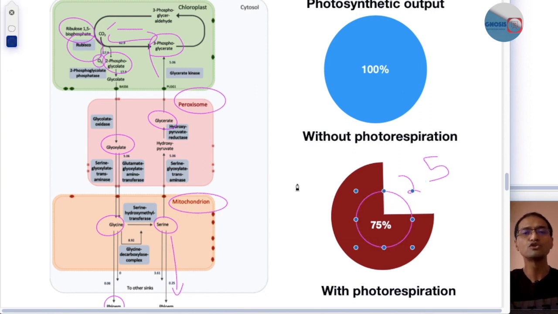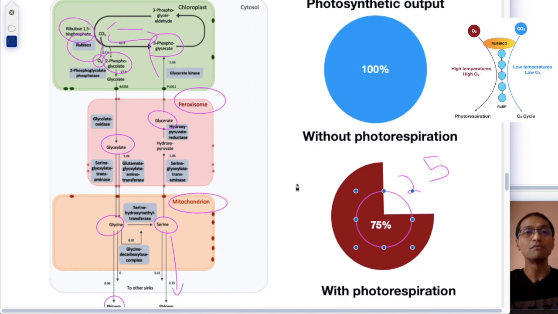So there is a huge drop in photosynthetic efficiency due to the process of photorespiration, which happens because of the increase in the oxygen concentration in the internal tissues. And this happens because primarily the Rubisco enzyme, which catalyzes the binding of carbon dioxide to RuBP, does not have a preference for carbon dioxide, and therefore it also catalyzes the binding of oxygen to RuBP, which leads to